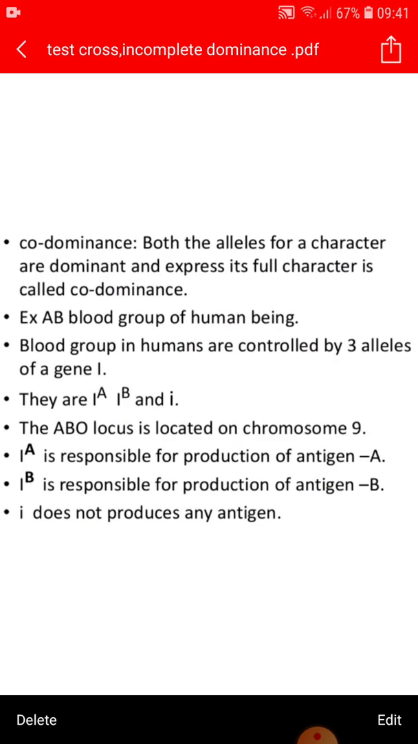And one most important example is the AB blood group of human beings, where we have three types of alleles that are IA, IB and small i. Out of these, when both IA and IB come together they both get expressed and the blood group comes out to be